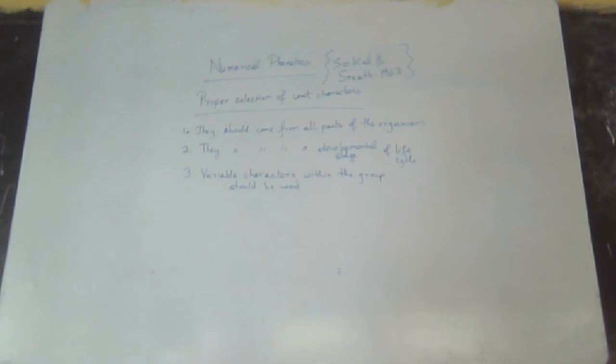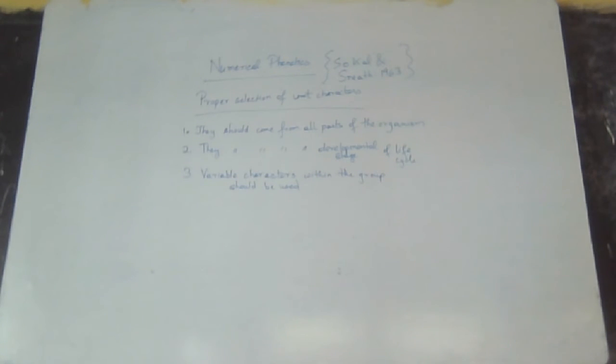Wings, limbs modified. Maybe you take limbs. In one it's wings, in one it's for moving, in one it's for creeping and crawling. One has got 5 fingers or 6 fingers. So you have to take unique characters like this, which are variable among that group, the group of all the mammals.